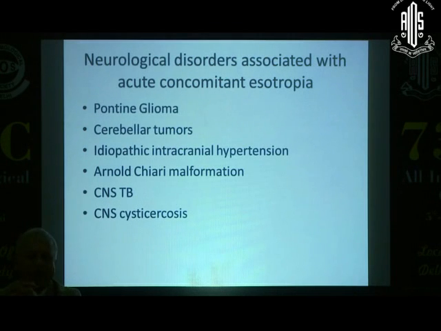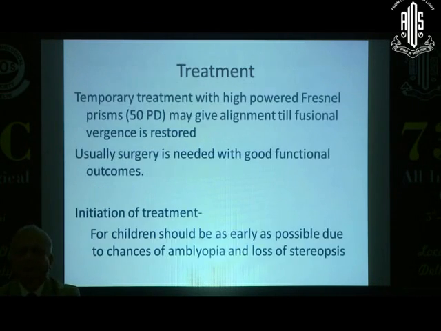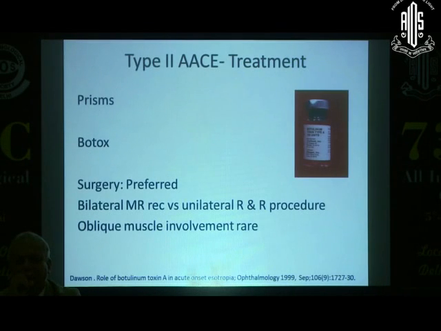And of course you have a lot of neurological lesions that can be associated, particularly around the pontine region, cerebellar tumors, and Arnold-Chiari malformation, which we have seen in a couple of cases. The treatment can be initially with prisms, but usually surgery is required. It's important that if it occurs in children who are in the amblyopia age group, you must give amblyopia therapy to prevent development of amblyopia. The alternative for management is prisms, although that's not something which is